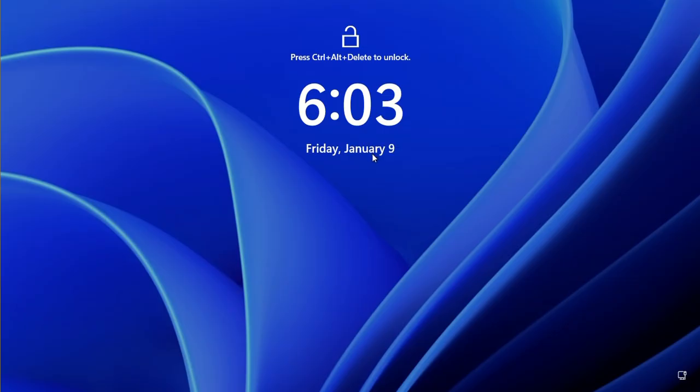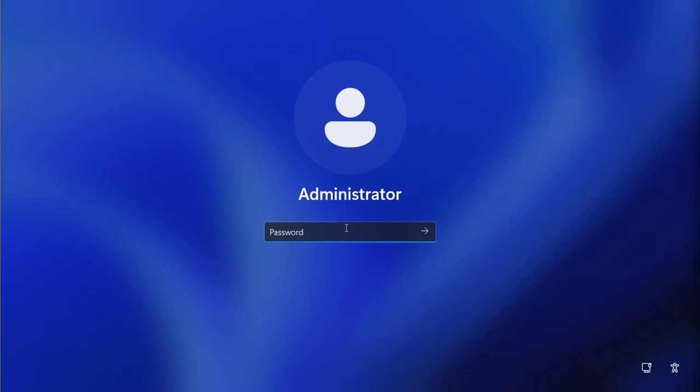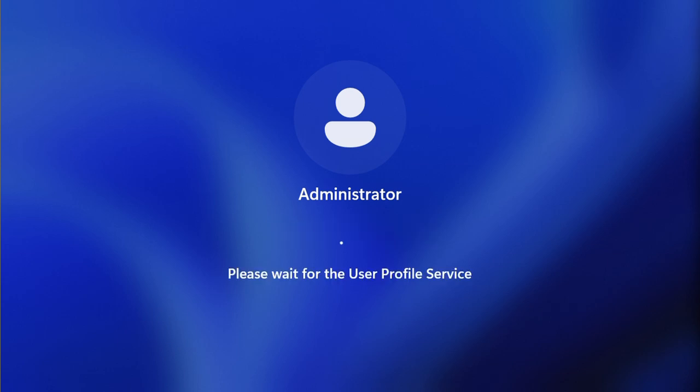The computer may restart a few times, and you must press Ctrl Alt Delete to open your PC, because Windows Server needs Ctrl Alt Delete to open your PC. You can enter your password. You can enter the administrator password.